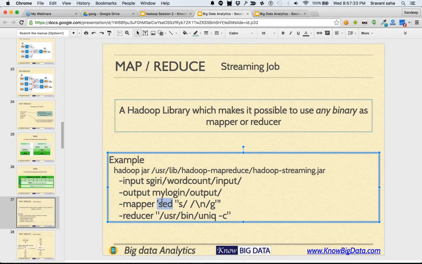Whatever mapper program you have here, as I just told, will receive the data from standard input. Then it is supposed to give out key value pairs if it wants to. But if it is giving out key value pairs, then it is supposed to give them in key tab value format. How will Hadoop differentiate between key and value?